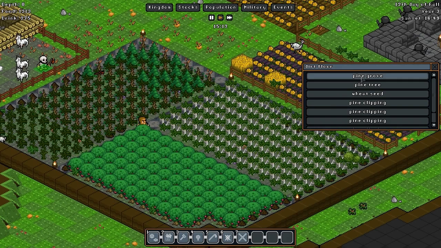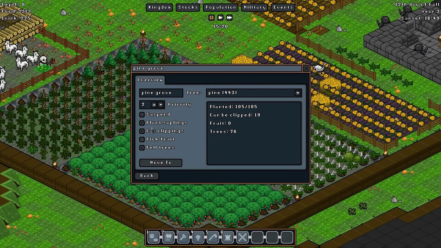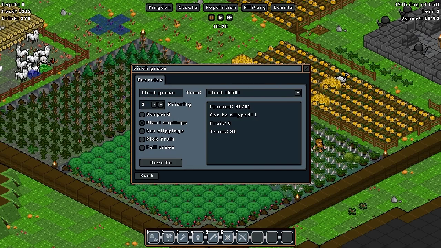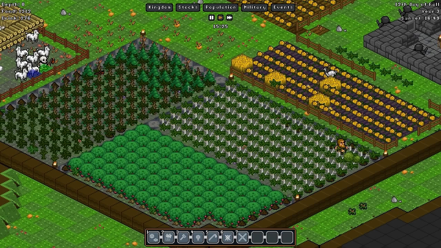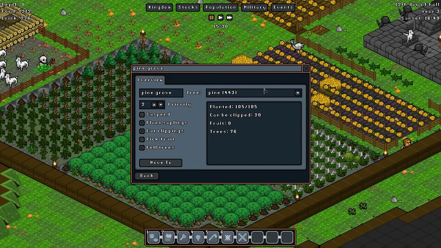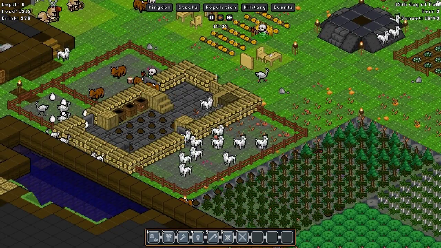Actually, we've got so many pine clippings, we really don't need to cut any clippings, and the same for birch. I'll turn that off later, but winter is almost upon us. Actually, winter is almost upon us, there's no point in worrying. These are going to stop growing the moment winter hits, so may as well leave cut clippings on then. But yes, so...